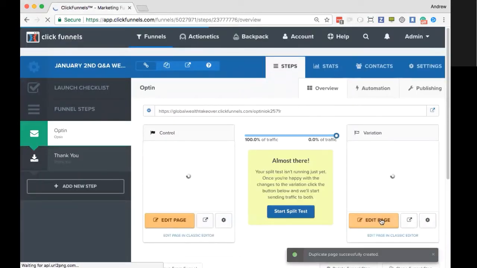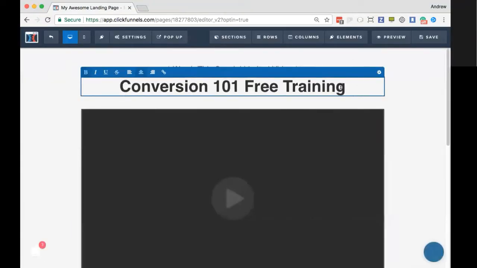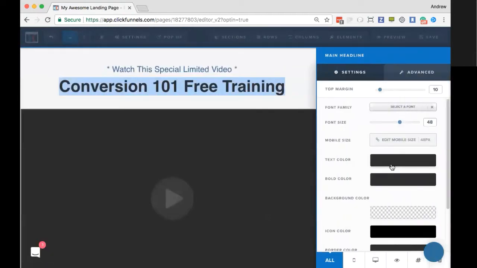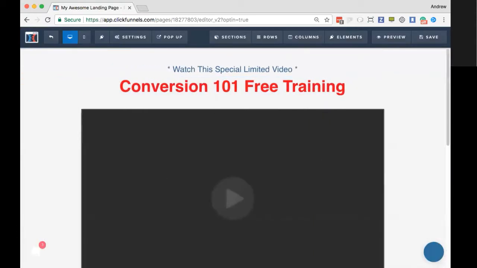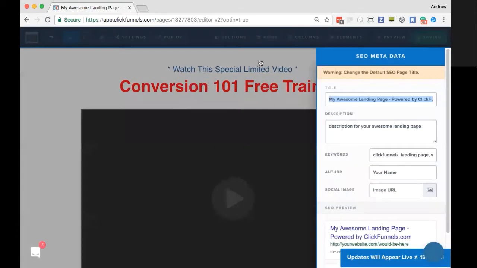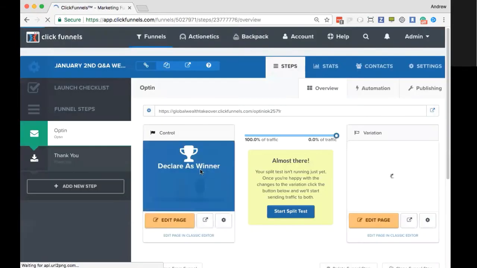So the first thing I want to do is change something on my variation to test against our control. So what we do here is open up the editor, and in this case, I'm just going to do something quite simple, which is change the color of my headline here, and we're going to go into our color picker, and we're going to pick, let's call it red. Hopefully that is red. I have a slight colorblind problem, so that might be orange, who knows. But we're just going to change the color there to that, just to see if that offers us a better conversion rate than the black title.